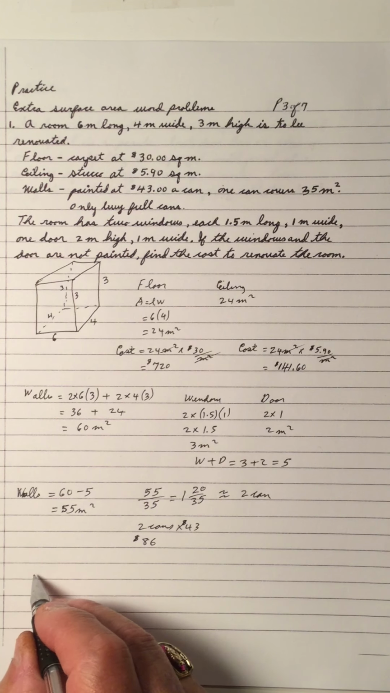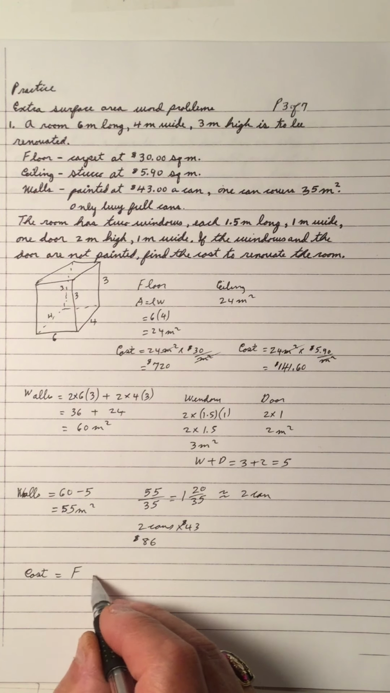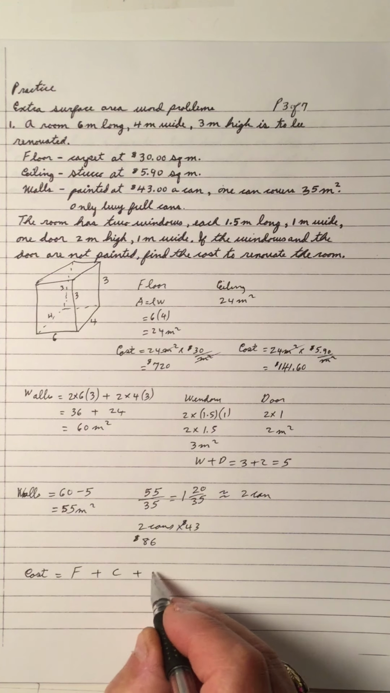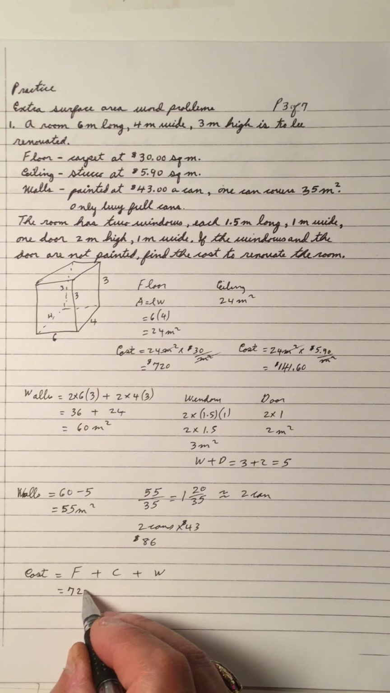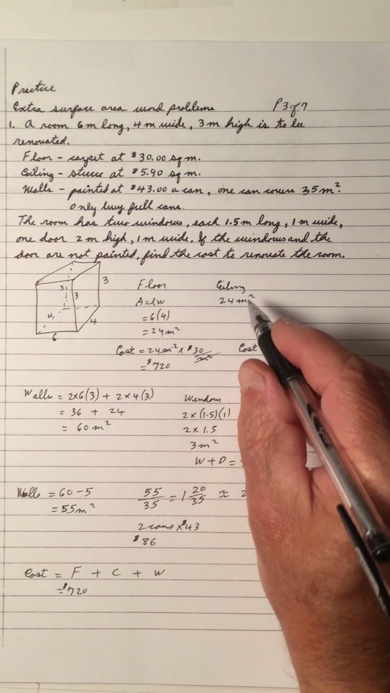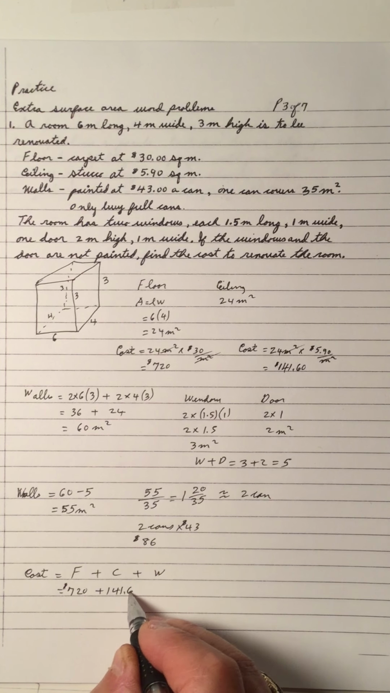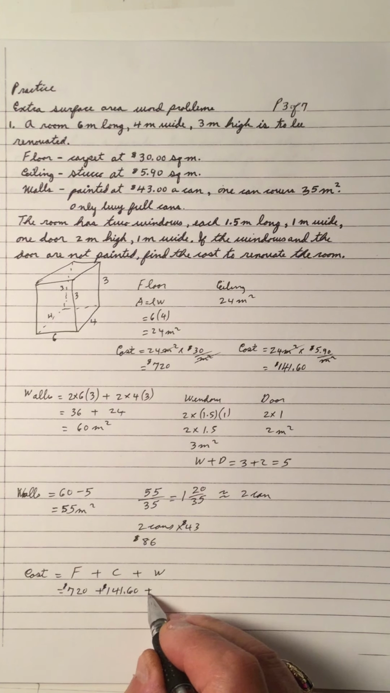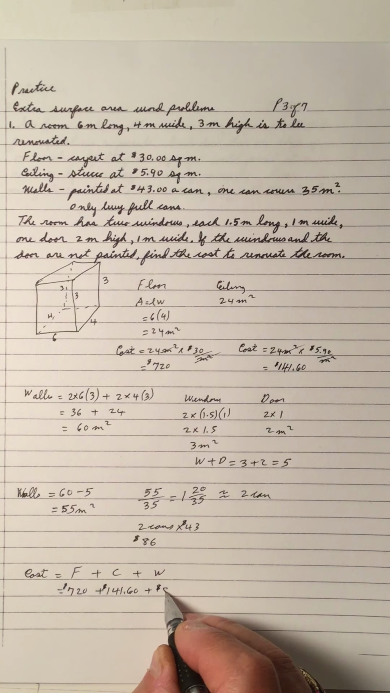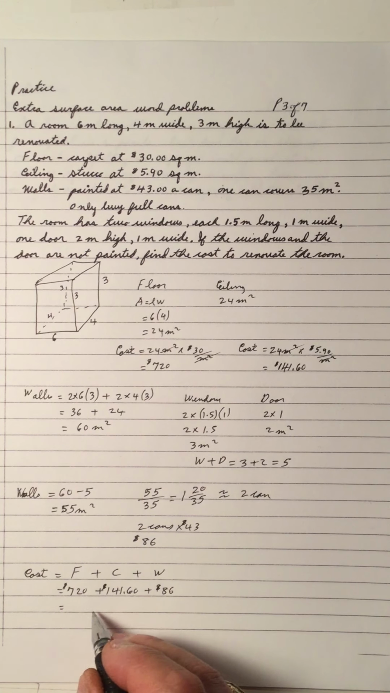So let's see what we have. With the total cost, we'll do the floor, we'll do the ceiling, and we'll do the walls. The floor is $720. The ceiling is $141.60 right there. And to paint the walls is $86. And when you add all that up and put it all together, you get